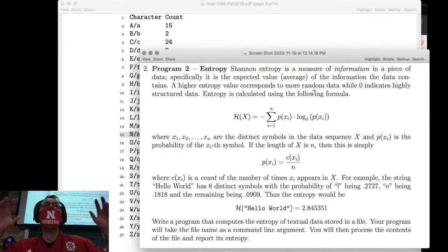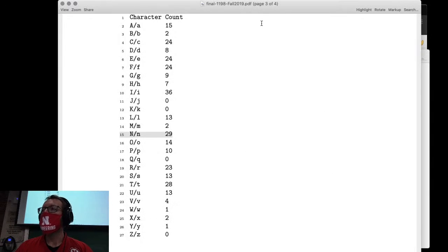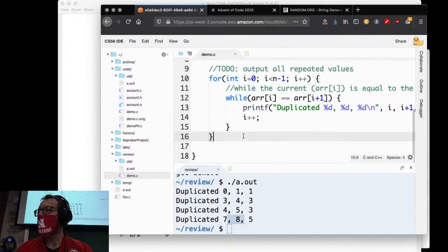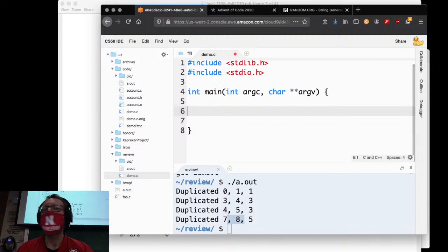That means that there's a lot of information in that distribution. If entropy is information, that's a way of measuring how much information is in a piece of data. Let's do this first part before we get to that part, though. Okay? Very, very basic. Let's open up a file and process it and count up the number of characters in